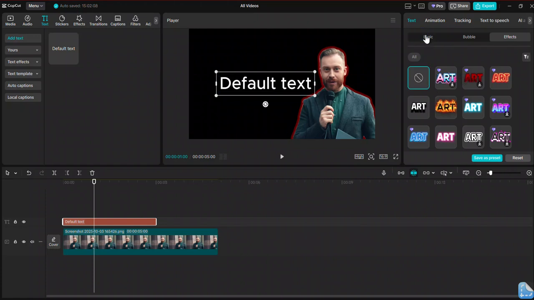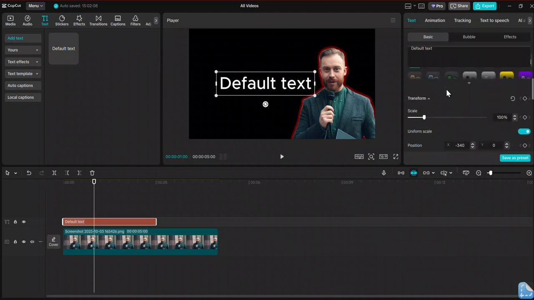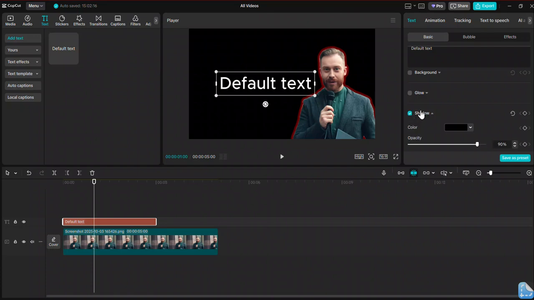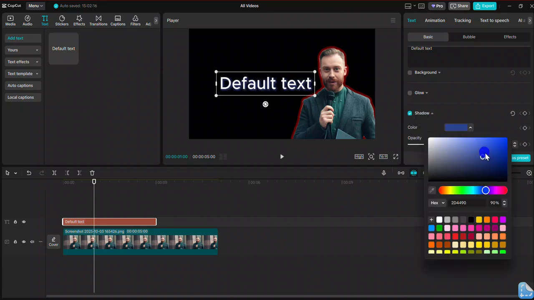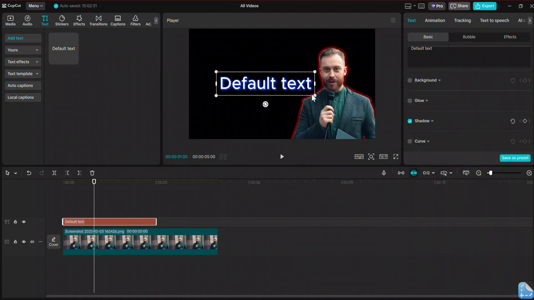So go to basic, scroll down, and click on shadow. After you select the shadow, click on color and change the color. After you change the color, as you can see now, you have the glow effect. But if you want to customize it, just click on this arrow, scroll down, so you can increase the